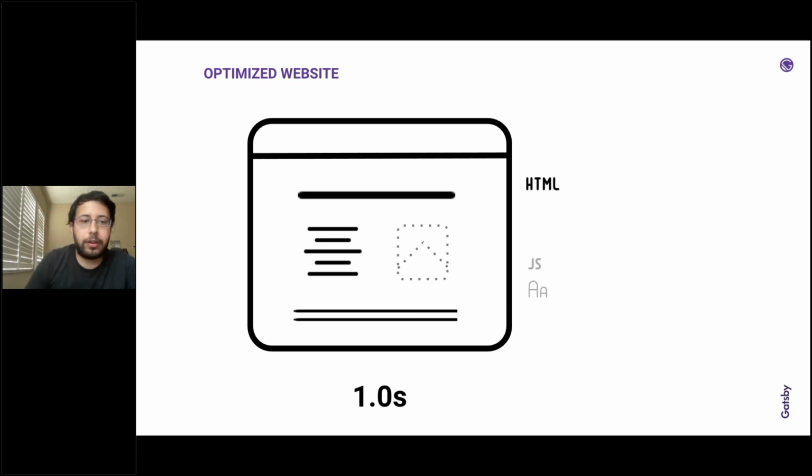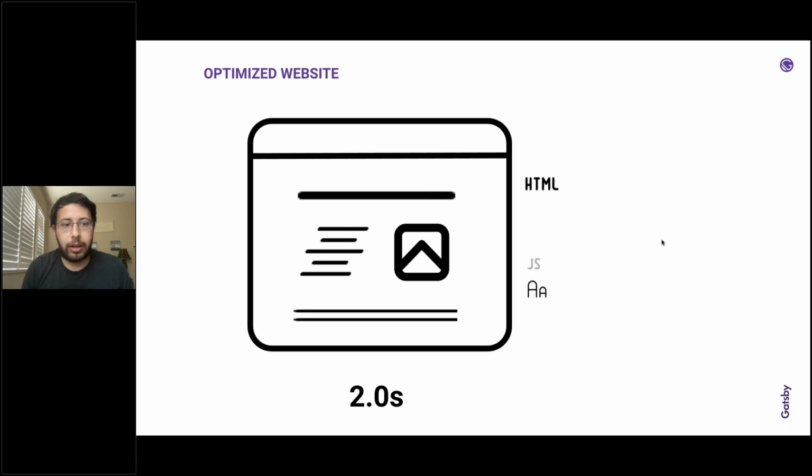So right now we've got the shell of the website loaded, and we've inlined the CSS, and you see that placeholder image there holding the space for where the image is going to come in at 2 seconds. And then at 2.5 seconds we hit interactivity.